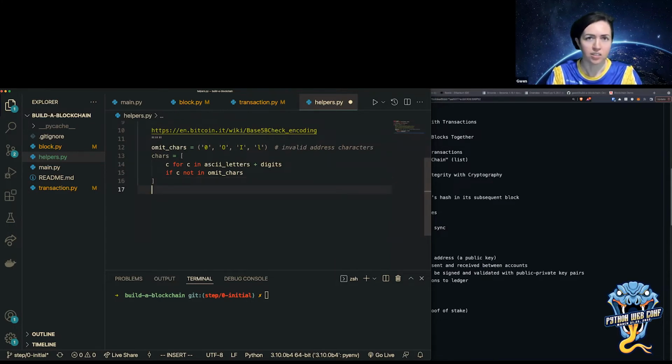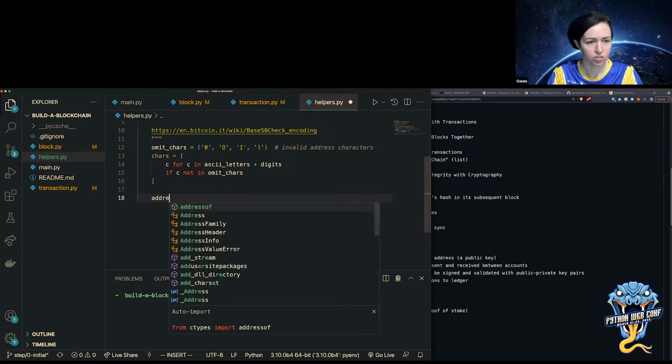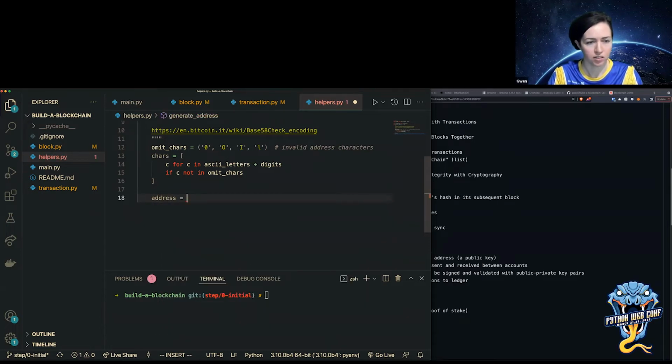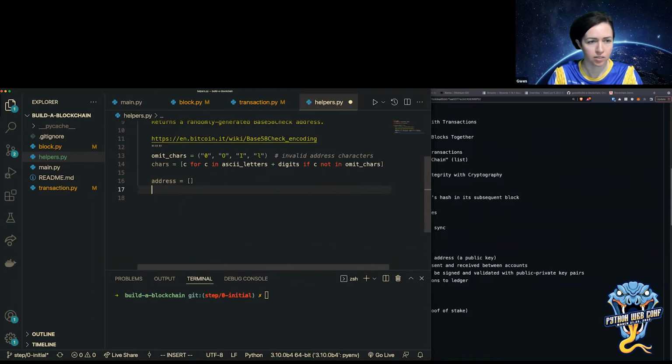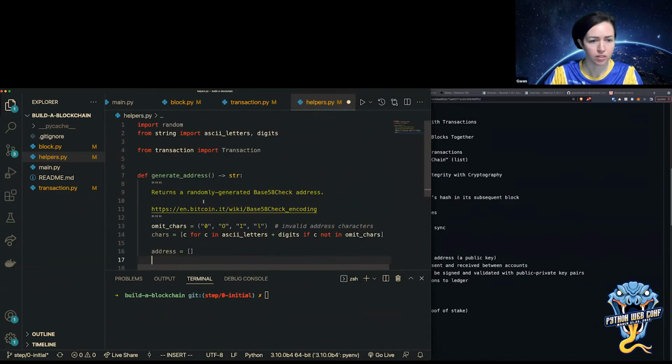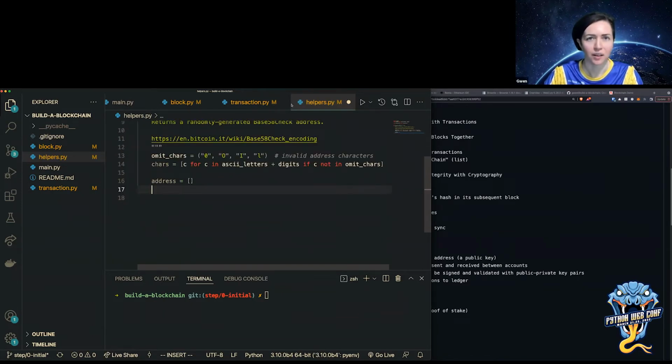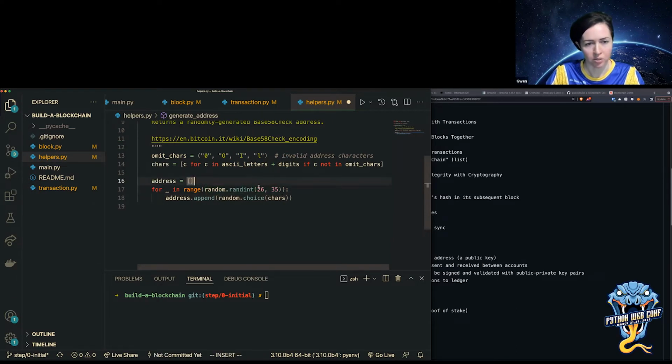So I can do address, and I'm going to make that a list right now. Oh, this one on the line. Okay. And then I'm going to say, so addresses, at least in the addresses that we're creating, can be a random length from 26 to 35.